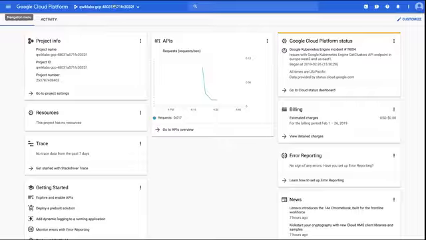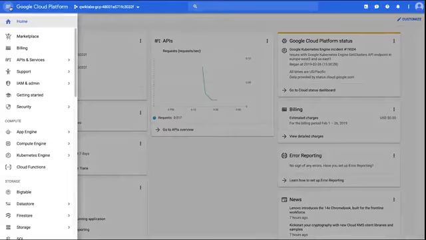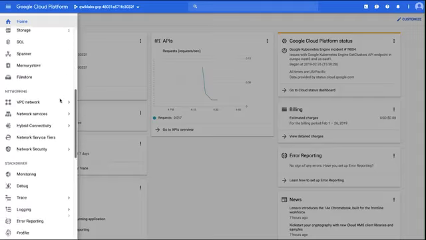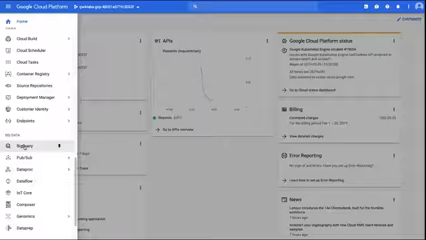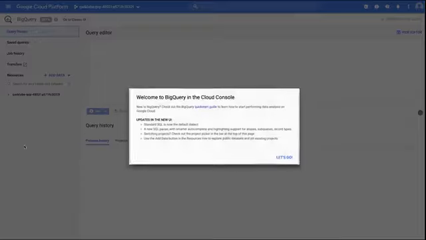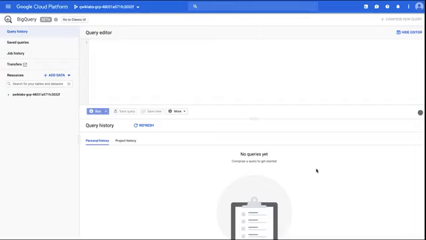I did that earlier, and this is what I get. So this is the GCP console. First thing you want to do is to use this menu here to find BigQuery. If I scroll down, it takes me to BigQuery, which is the first item under the Big Data menu. So click on BigQuery, just accept, and voila, we're ready to go. BigQuery, as we said earlier, is a scalable data warehouse that runs in the cloud. It's now ready to take queries.